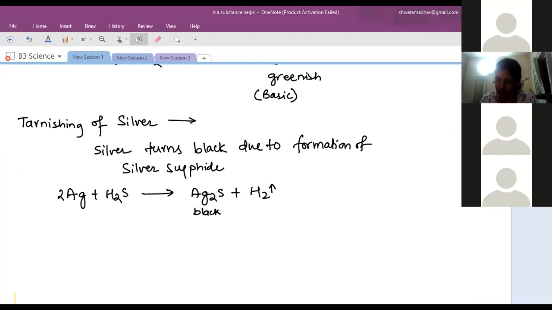Anodized means the aluminium metal is already coated with a thick layer of aluminium oxide. So even though aluminium is present below, it is already coated with an aluminium oxide layer intentionally by electroplating. So instead of waiting for the aluminium oxide to form naturally, the article is coated when manufactured, with a thick coating of aluminium oxide layer, and corrosion is prevented. Clear? Yes, ma'am.